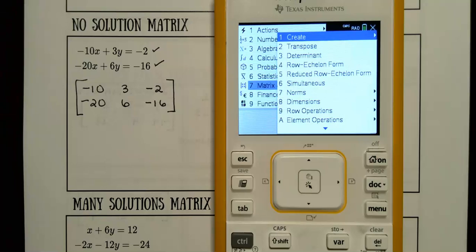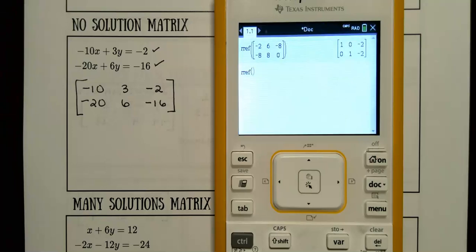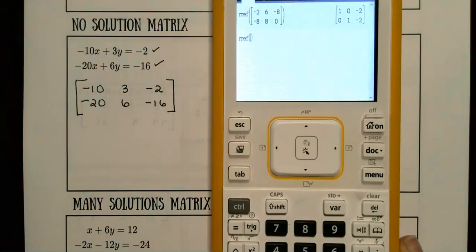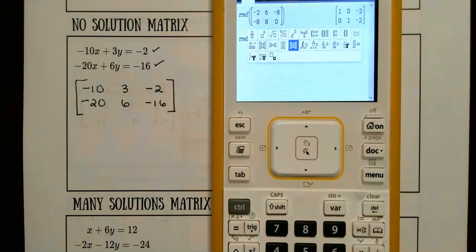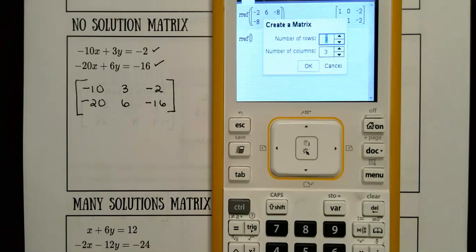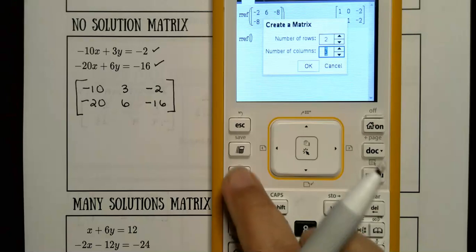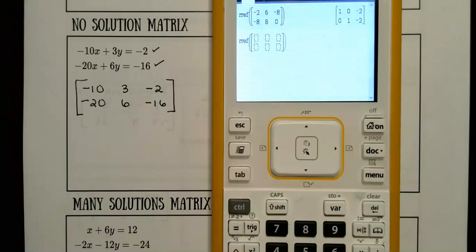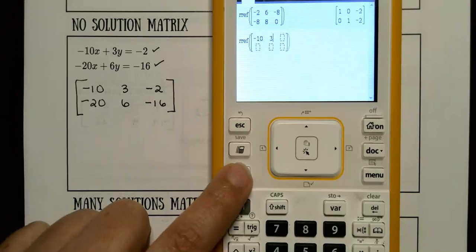And we're going to go to 5. And then from here, we're going to hit that little button next to the 9, which is here, and we're going to hit enter. We want 2 rows, tab, 3 columns, so we're not going to change that one, tab, okay. So from here, let's go ahead and enter -10 tab, 3 tab, -2 tab,